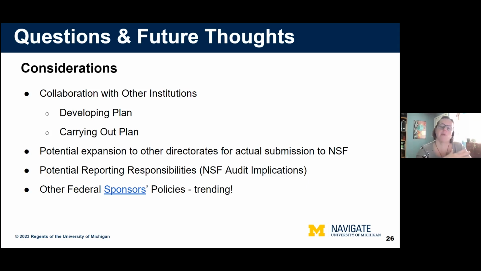NIH is a little bit where NSF was previously, where they're saying it's important to have your policies in place, but they're not requiring a plan yet, but will they? So this is a trending area, and it'll be interesting to see. There's a link there to a good document from Northwestern, breaking out some of those other current federal policies into different sections.